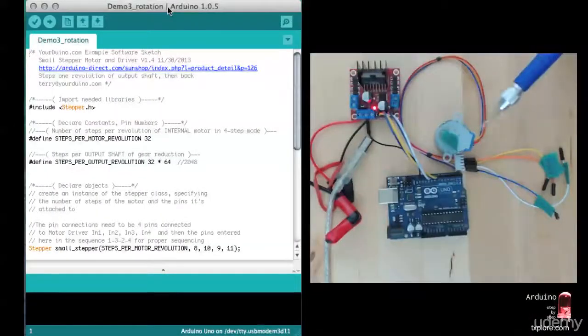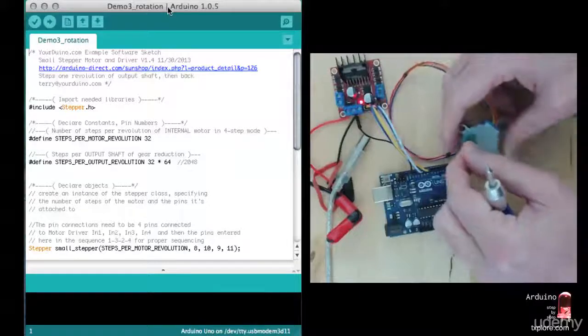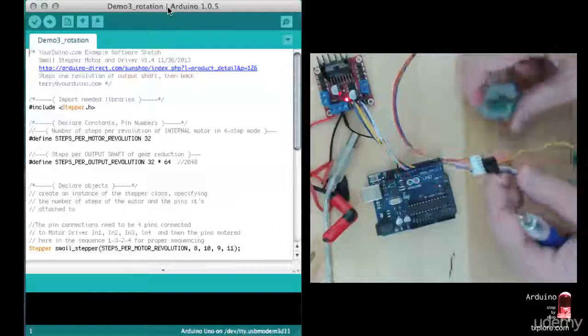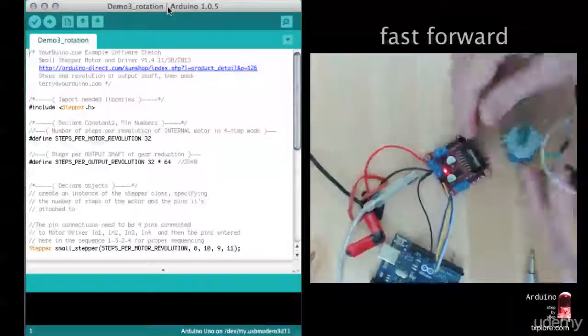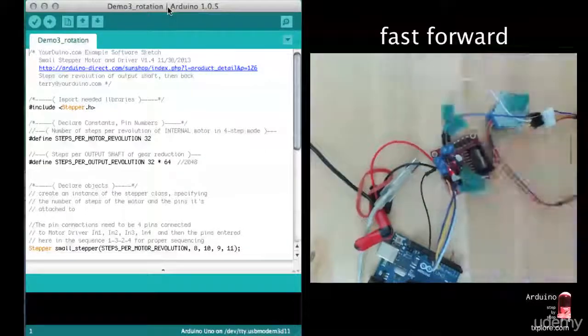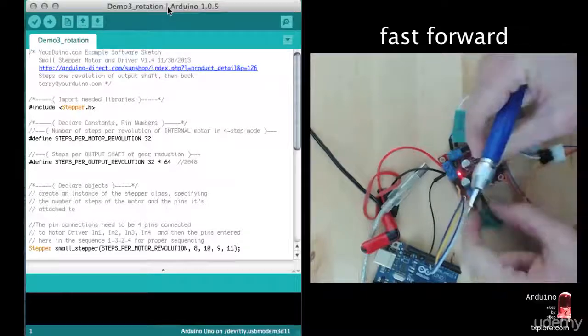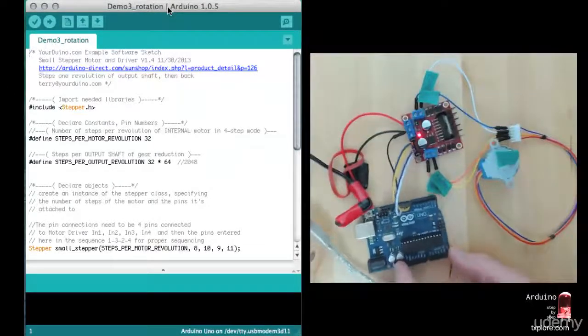So what we're going to do now is replace the original 12-volt ungeared stepper motor with this one, which is a geared 5-volt motor. So 5-volt DC. Now it's just a drop-in replacement, really. Now, looking at the sketch,